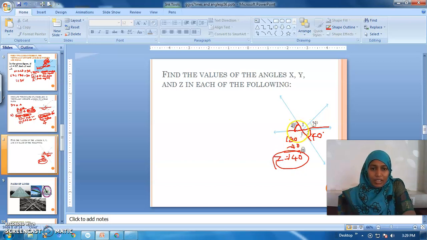Now, again, if I add 40, x and 25, we get 180 degree. It is a straight angle. Here I will not mention the word linear pair because we have 3 angles. They make a straight angle. The whole 180 is a straight angle. It has been split up into 3.